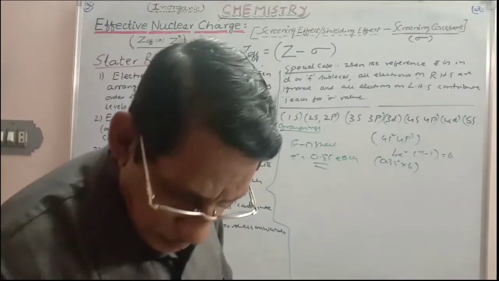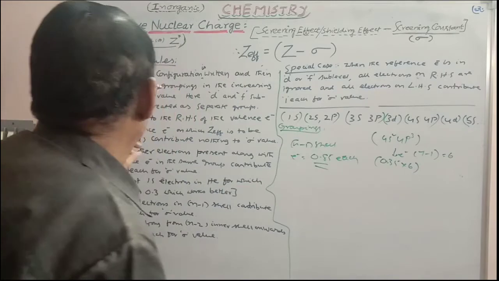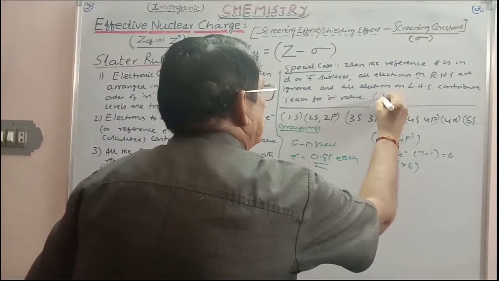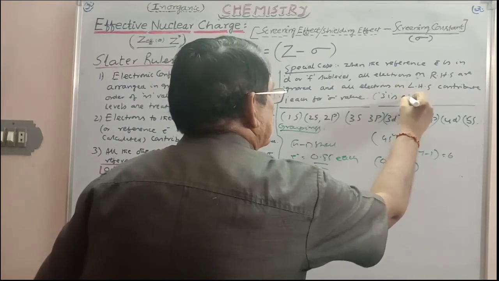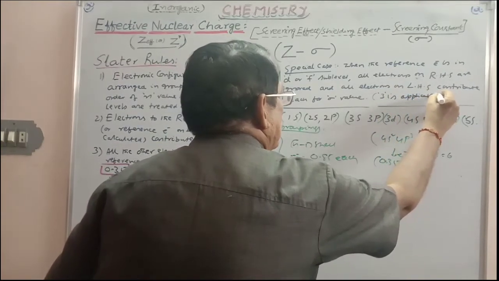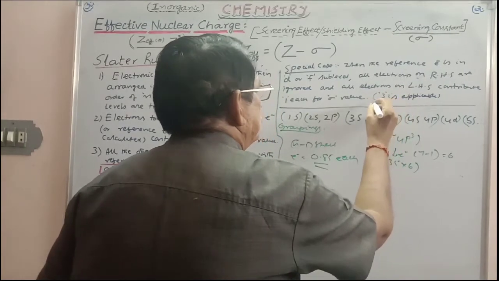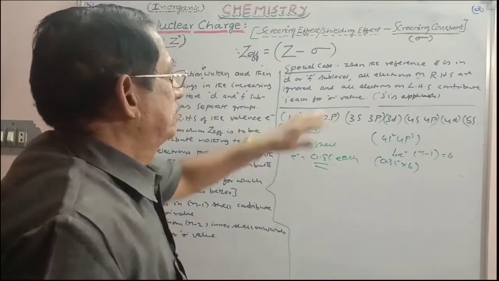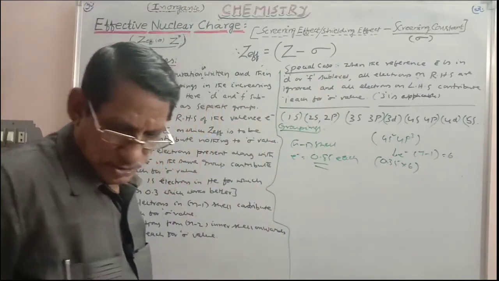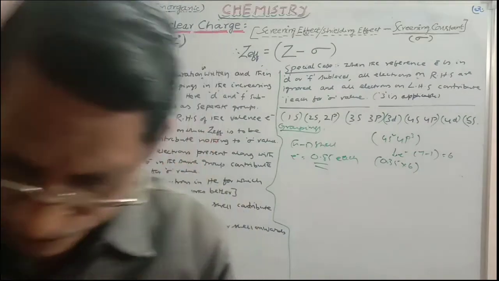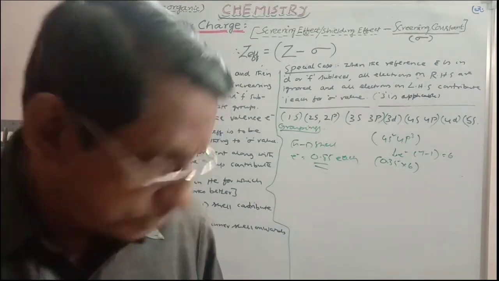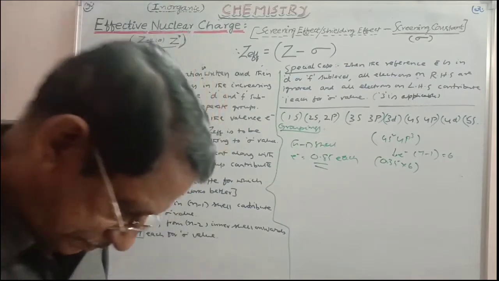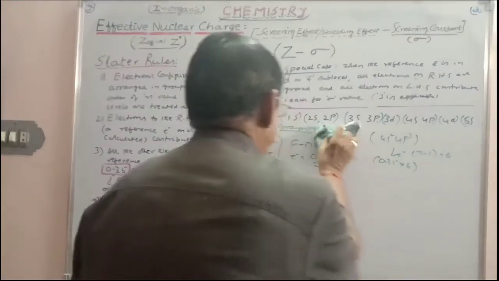Okay? So here in this case, 0.35, where is it? Rule 3 is applicable. And from 4 onwards you need to apply. This is the actual value that you have to take. So in this way we can calculate the sigma value. Now let us take some examples to calculate the sigma values for all these to get a clear idea.